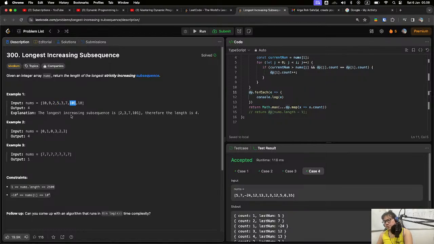And when we get to 101, it's also strictly increasing, because it's higher than 7.